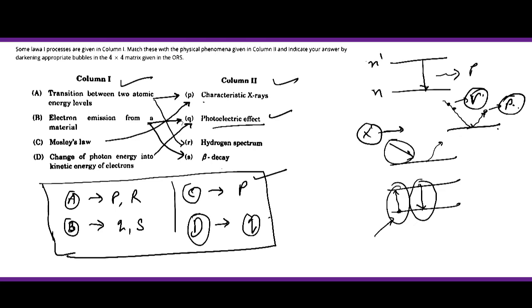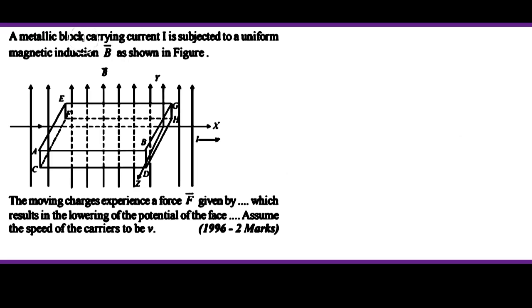तो कुछ इस तरह से मैचिंग होगी, ठीक है। इस क्वेश्चन में दिया गया कि कोई मेटालिक ब्लॉक है कैरिंग करंट आई, सब्जेक्ट टू यूनिफॉर्म मैग्नेटिक इंडक्शन बी एज शोन इन फिगर। कोई मेटेलिक ब्लॉक है जिसको मैग्नेटिक फील्ड में रख दिया गया है। मैग्नेटिक फील्ड अपवर्ड डायरेक्शन में है और एक्स कैप